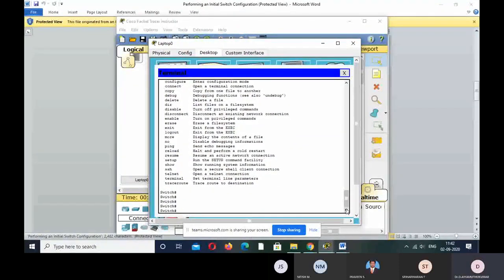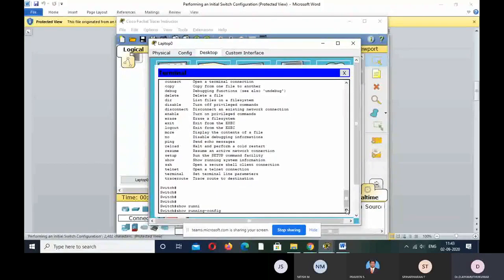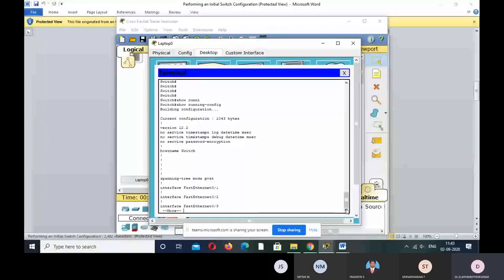Second, for example, I will show it. The running config mode. These are the initial setup I made previously in this switch. So that is called show running-config. Whatever configuration you made, it will list by a command called show running-config. Suppose you want to see what settings are done in your switch. So what is the command to check? The switch command is show running-config. That is the command.